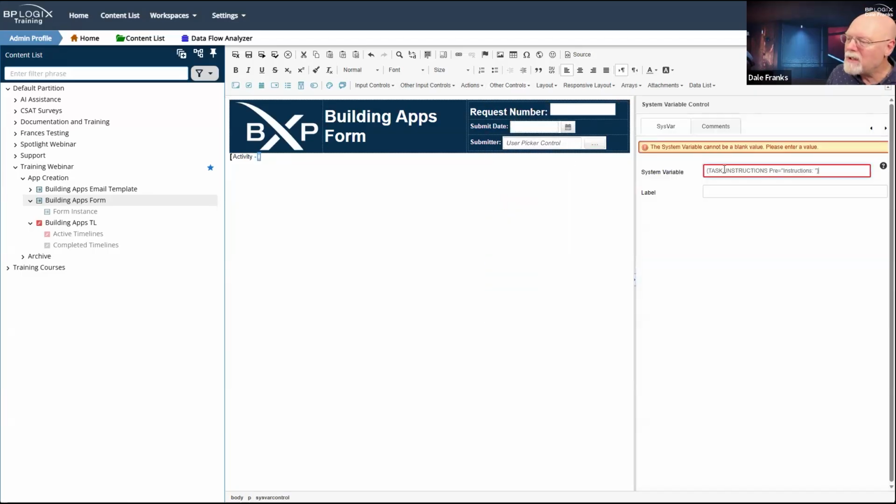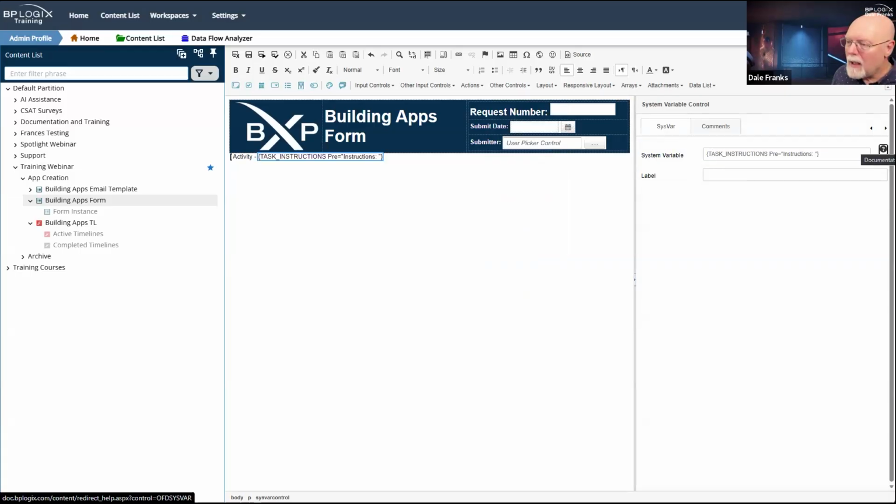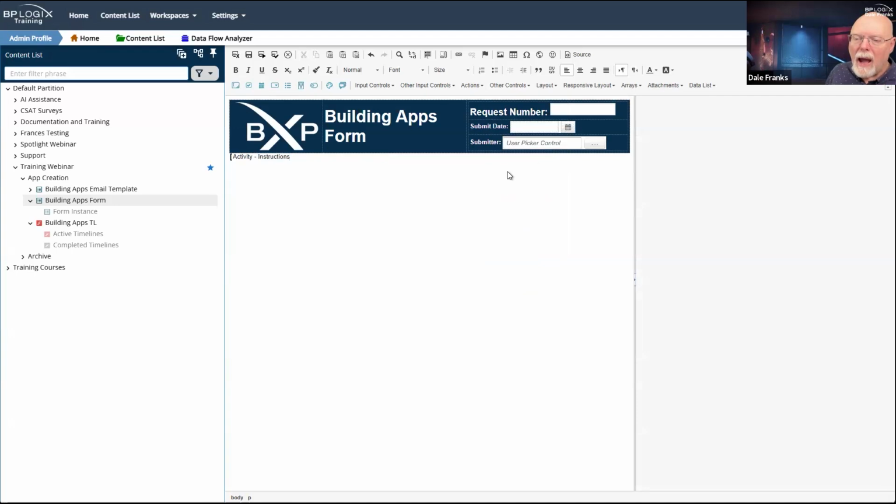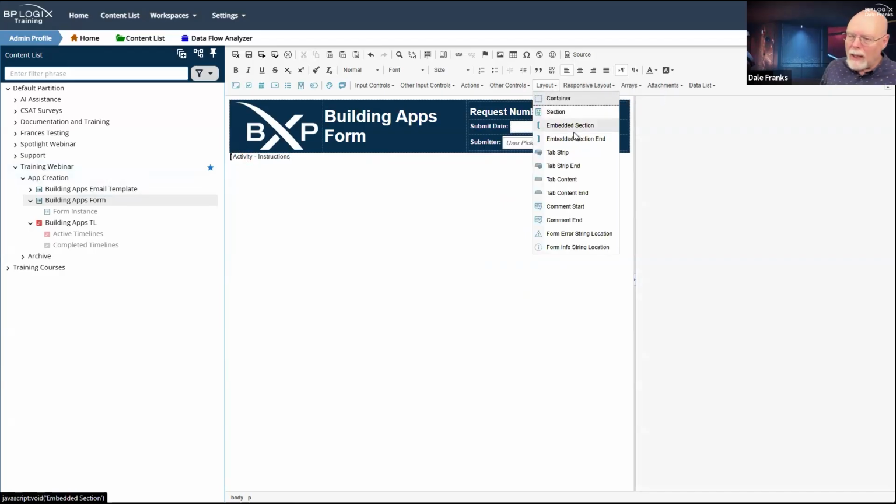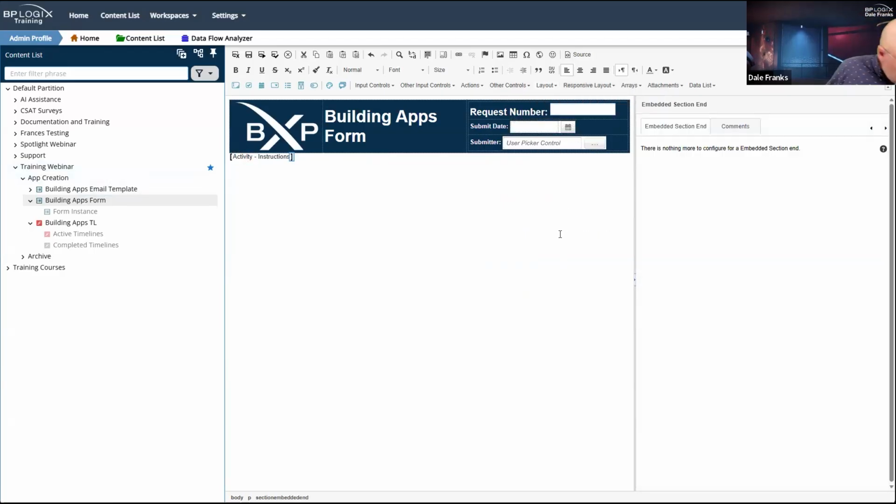We will paste our task instructions there, and instructions will be our label. And so now I've got my activity and my instructions. I do need to close out that embedded section. So layout, embedded section end.